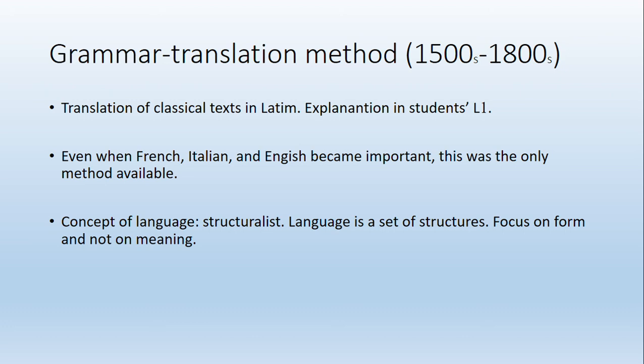Well, so the grammar translation method had mostly focus on form and not on meaning, because there were not many linguistic studies, as we know today. Then the direct method was a response to the grammar translation method, because as I said, the grammar translation method started with translation of Latin texts, the classical Latin texts. But then, because there was this need of learning modern languages because of world communication, even before the globalization as we know today, but there was this need of communication, and then the direct method was a response.